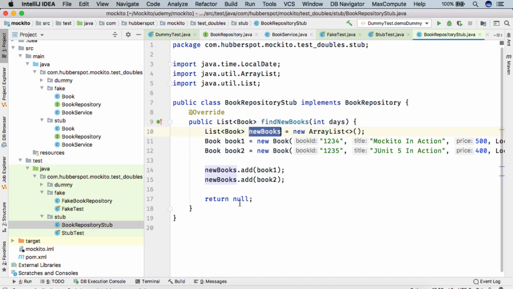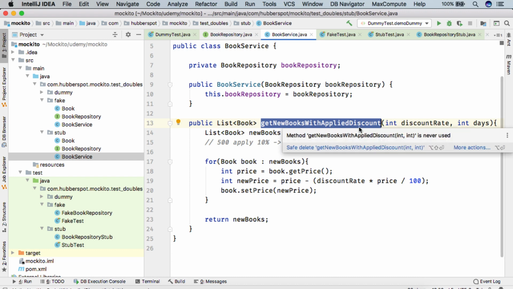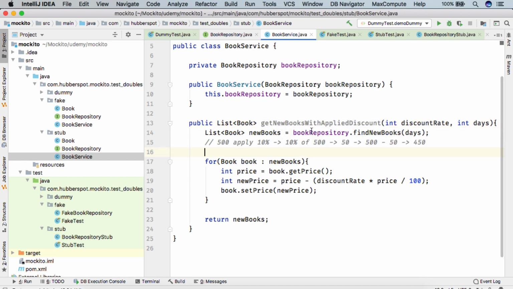And we'll simply return the new books. So friends, here you can see that we are simply hard coding the stuff just to test our book service get new books with applied discount method, because it requires to call this find new books method to get the list of new books.